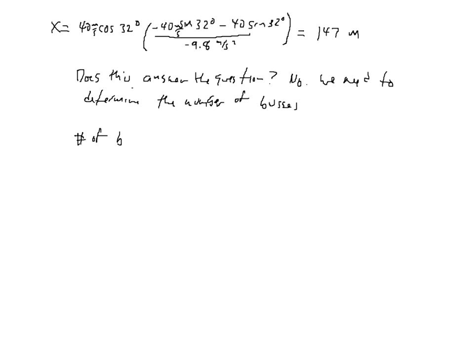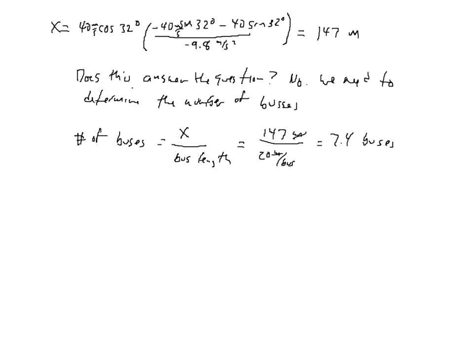So the number of buses is going to equal X, which we found, divided by the bus length. So that's 147 meters divided by 20 meters per bus. So the meters cancel, the per bus moves up to the top, and we get 7.4